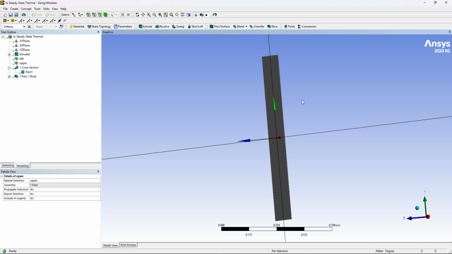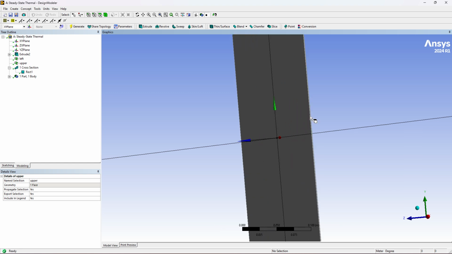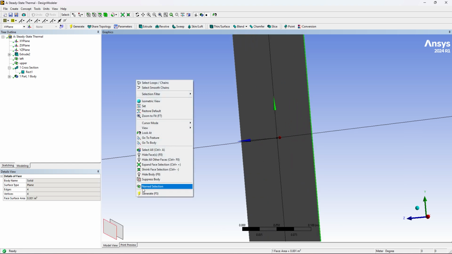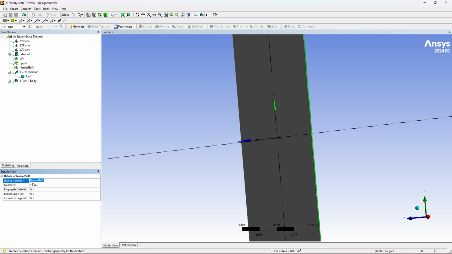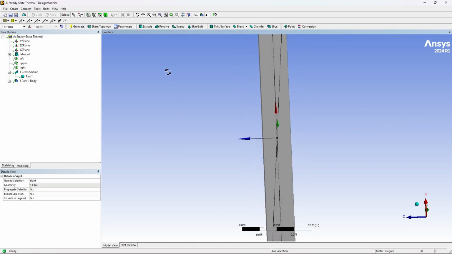and now this surface, right click, name selection, this is right, generate, and finally the lower one,